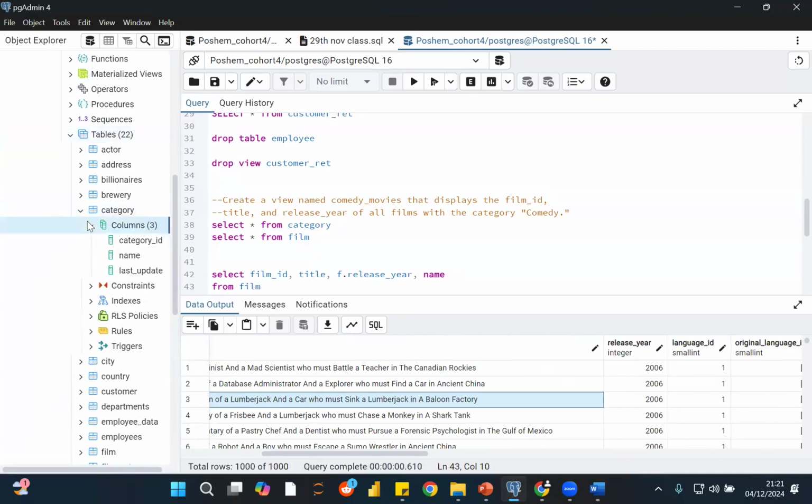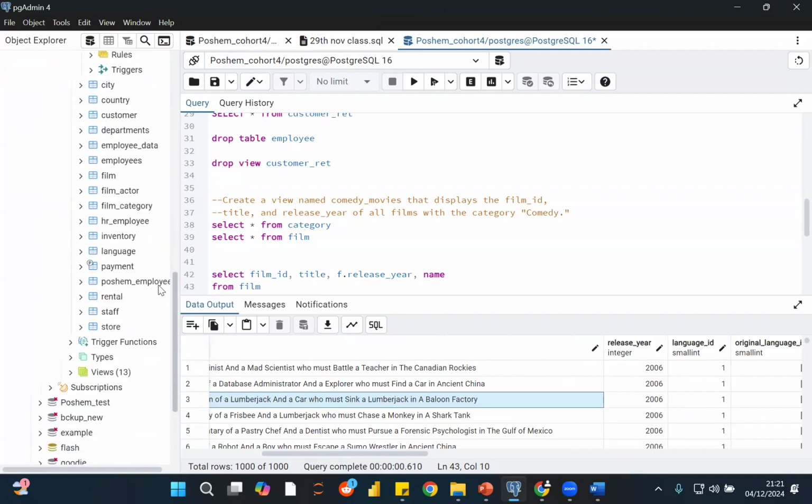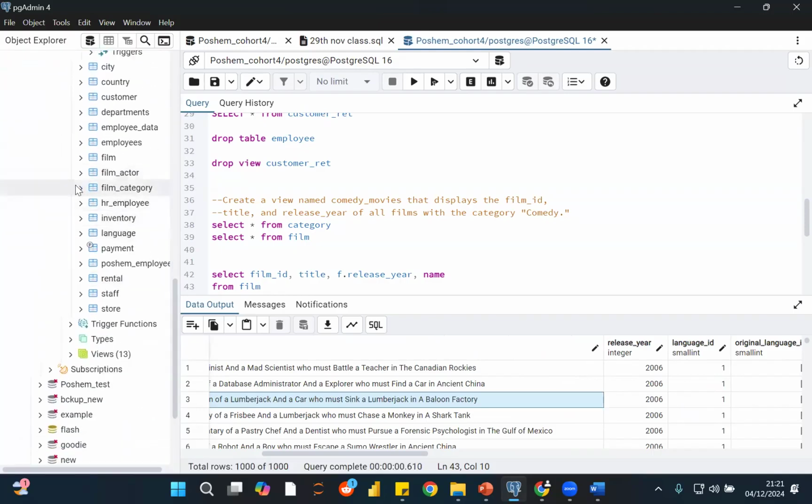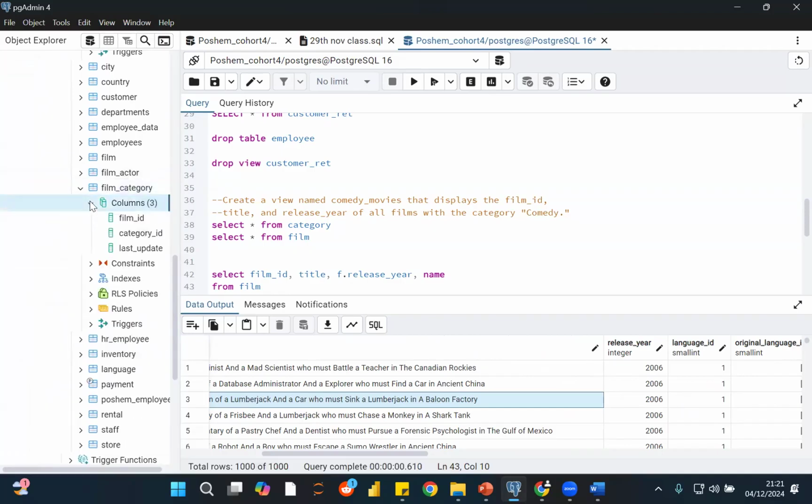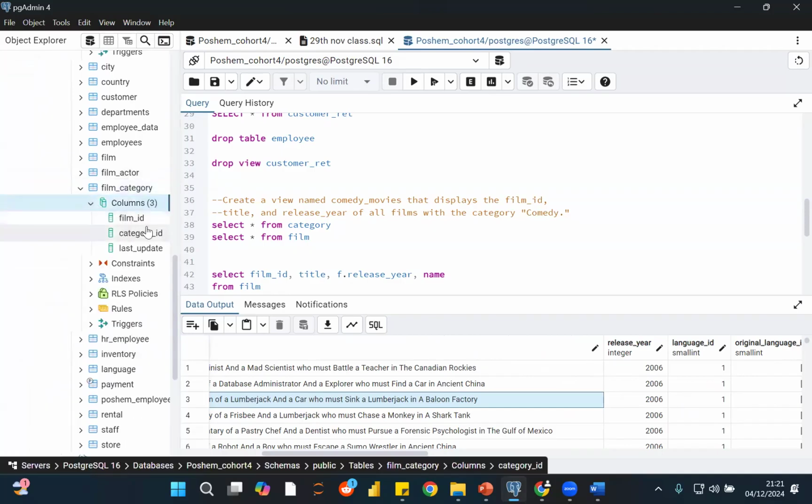So let's look for a connector. I think we have something called film category. This is just me because I'm familiar with this database. Film category also has film ID. So let's use film category as a bridge to bring them together. The reason why we can easily find this is because we know that our database